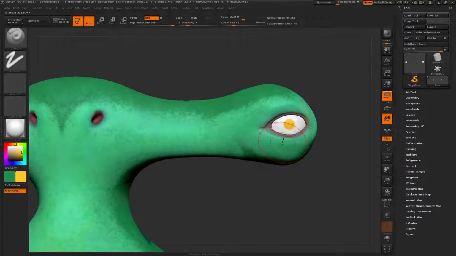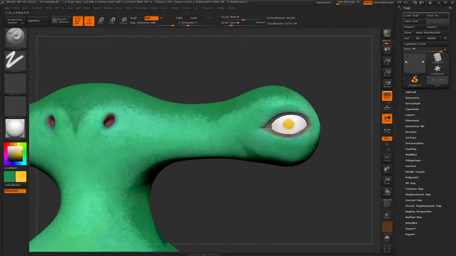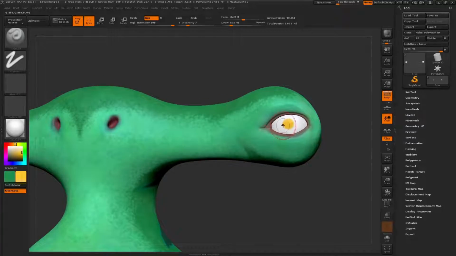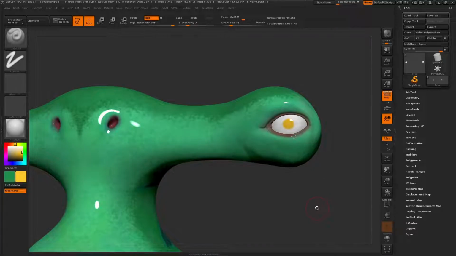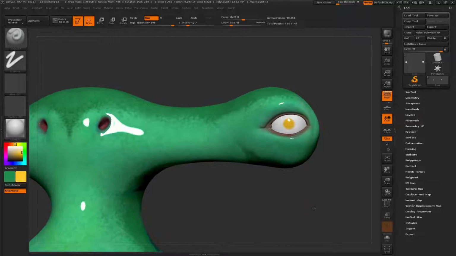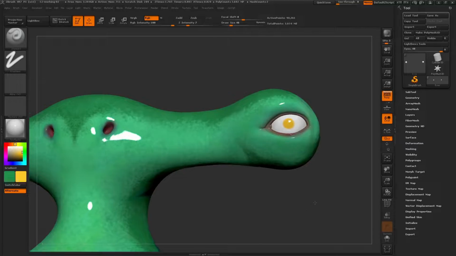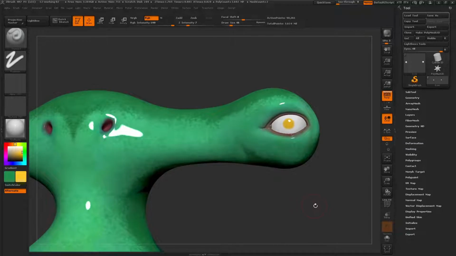For more visible separation of these surfaces, let's find a new material for the eyes. Inside of the material palette, the toy plastic material here is an excellent material with a nice shiny reflective surface. By selecting this material, the eyes as well as the body subtool now have the toy plastic material properties showing